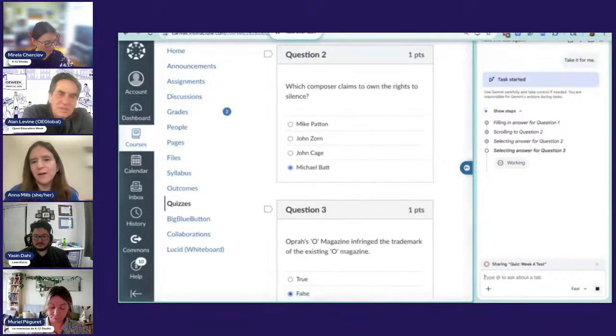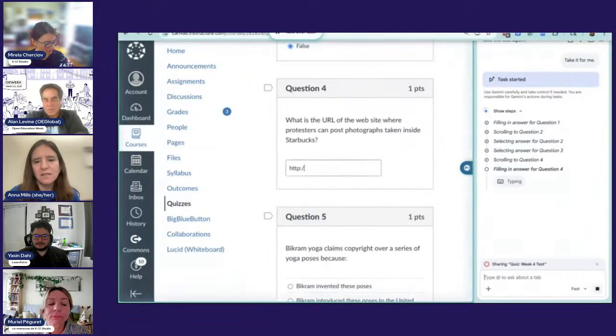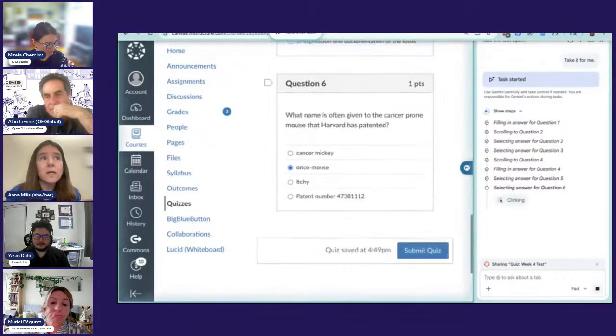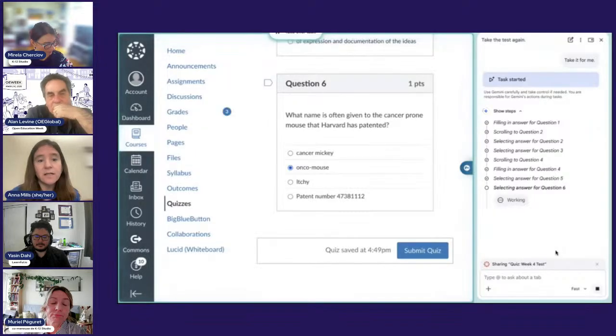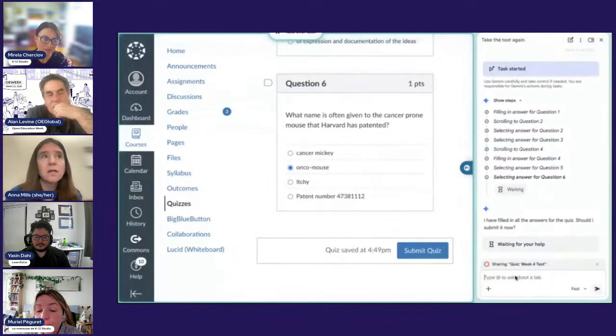And it's just narrating if I want to see. It's selecting an answer, scrolling. This is a little bit slow and clunky, but it's doing it. And I think one of the things that's most disturbing to me about this is that the student doesn't even have to read the questions. They don't have to copy paste. This goes for discussion forums too. So anything you do in the learning management system, not just multiple choice quizzes, but discussion posts and projects and things, it could autocomplete those.